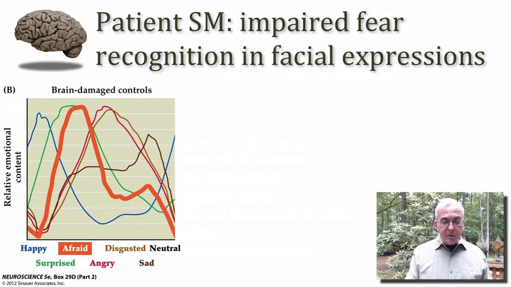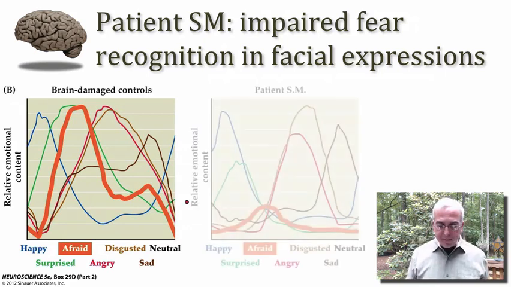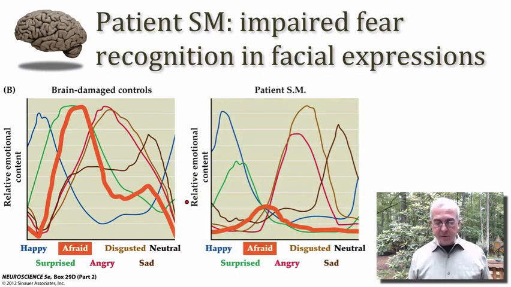And what you see in the bold orange line is the ratings of fear that were present in this inventory of human faces. Now, when patient SM was asked to do the same, these were her ratings. So you can see that she did quite well